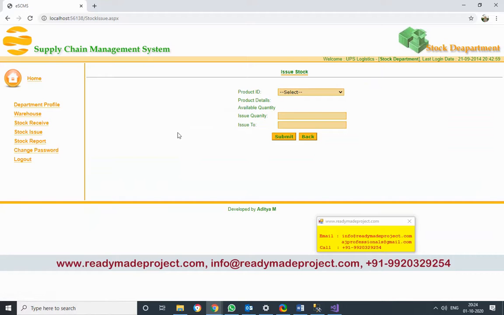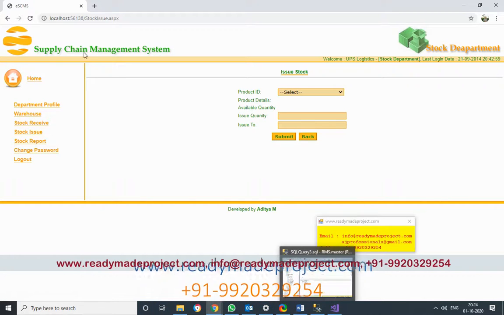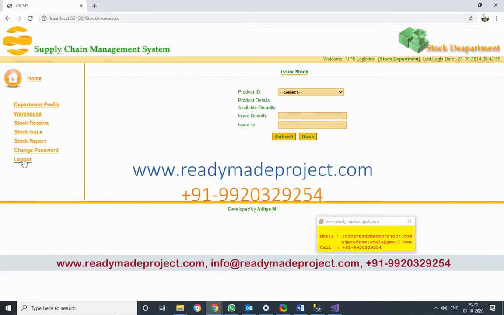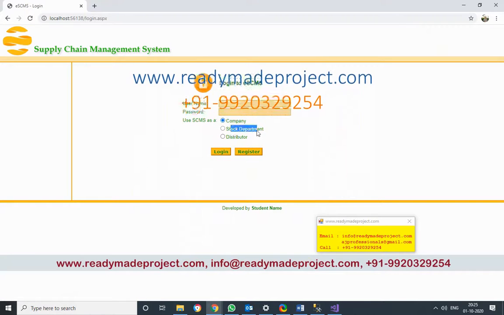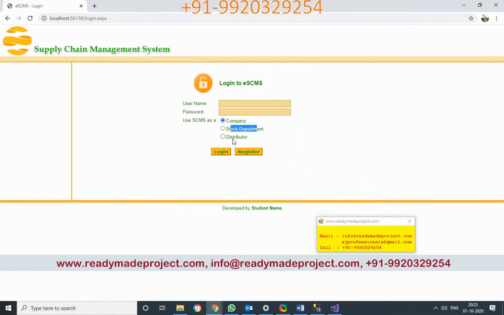Now whenever a new order is created, it will be displayed to the company. So company needs to provide to this supplier, or you can say stock department, and stock department to the distributor. This is the hierarchy.